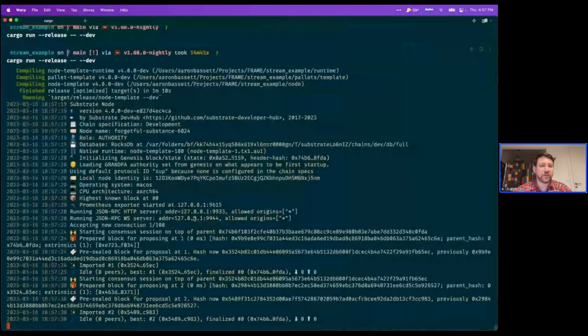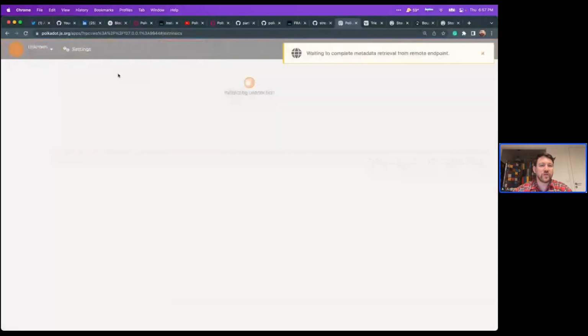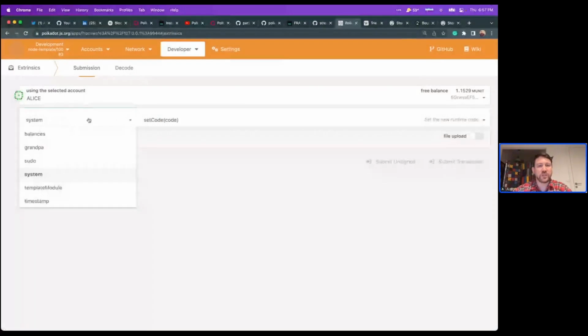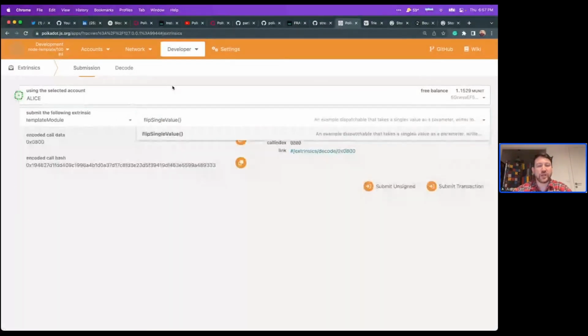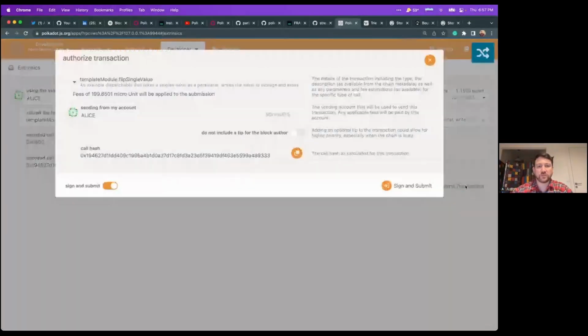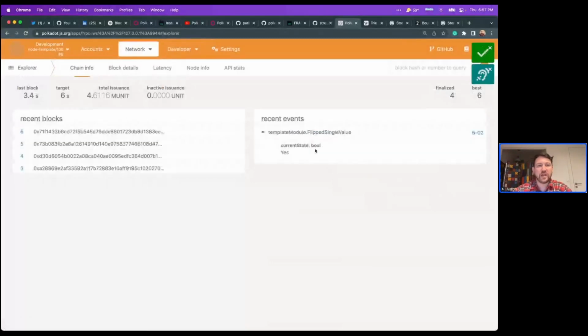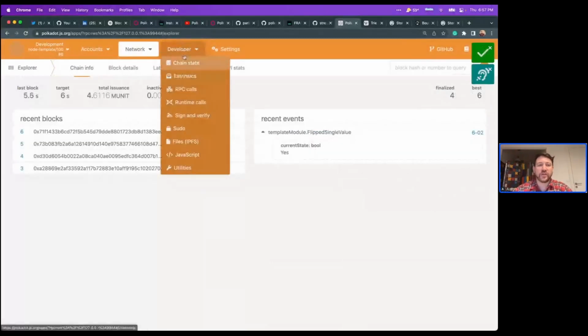Let's go back to our extrinsics again. So this has changed now. Under template module, we no longer have those two dispatchable functions, we have this flip single value, and we can submit that. Okay, we go to Explorer, we can see current state, yes. So it didn't exist, it now exists. If we call it again,